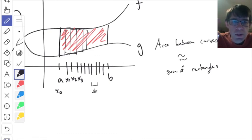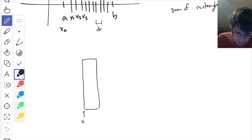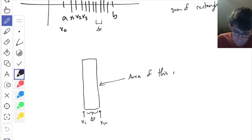What I want to talk about is what exactly is the area of each rectangle. So each rectangle looks like this. I'm going to blow it up a little, where this is, say, xi, one of those points, and this is the next one, xi plus 1. But that's not so important. This distance is delta x. So the area of this one is the base times the height. The base is delta x times